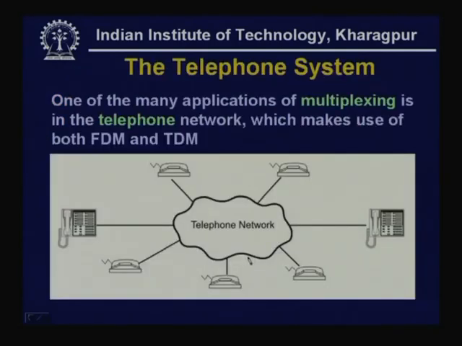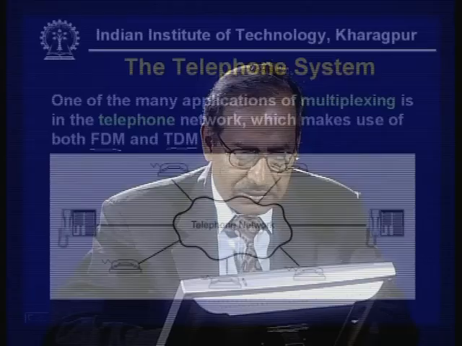So, let us have a look at the telephone system. As I mentioned, one of the many applications of multiplexing is the telephone network, which makes use of both FDM and TDM. So, it is a combination of frequency division multiplexing and time division multiplexing that is used in our telephone system. It is a very interesting application. So, this is the